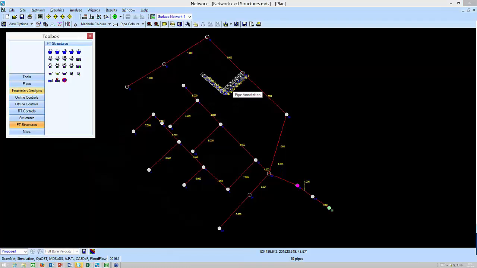So in terms of adding in proprietary sections, you can now add in Gatic slot drains for car parking areas to take that channel flow across, for example. But with my little toolbox, notice that we have the flow through structures option. And what I would do,